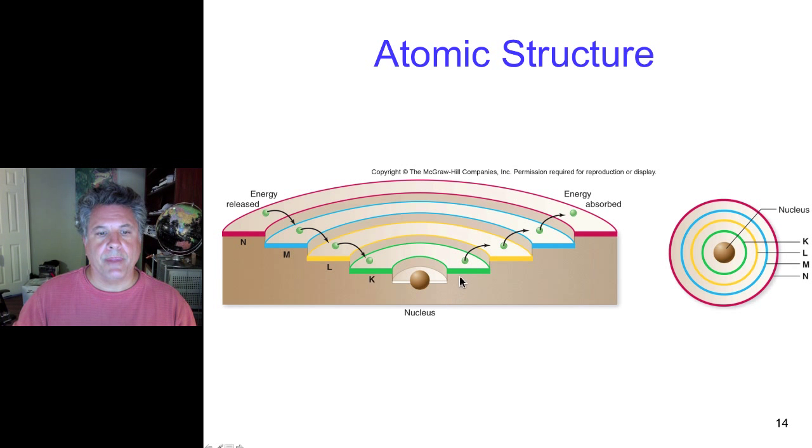All right, let's recap then. We're looking at the first 4 energy levels that are found in atoms, going up to atoms with fairly low atomic numbers. The nucleus, the lowest energy level, second energy level, third energy level, fourth energy level, represented as rings here around this nucleus. And to reiterate, in order to raise an electron from a lower energy level to a higher energy level, energy would have to be absorbed. And if electrons move from high energy levels to lower energy levels, energy is released. And that will become important when we talk about the flow of energy in biological systems later.